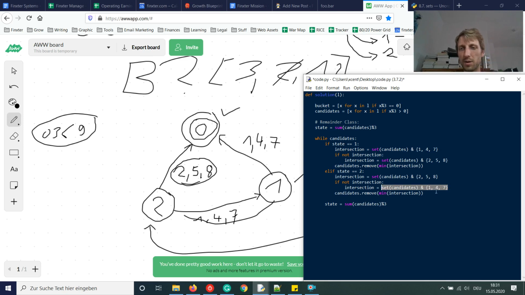I want to get all those numbers that are either 1 or 4 or 7, and then we simply remove the minimum of this intersection, and we move into the next state. Okay, so if we are in this class 2, in the state 2, then we move like this into our state 1. And then in each loop iteration we recompute the state, and we repeat this